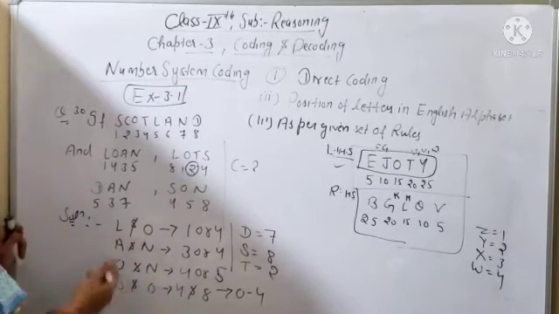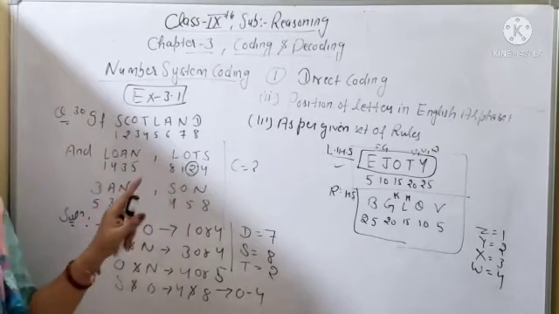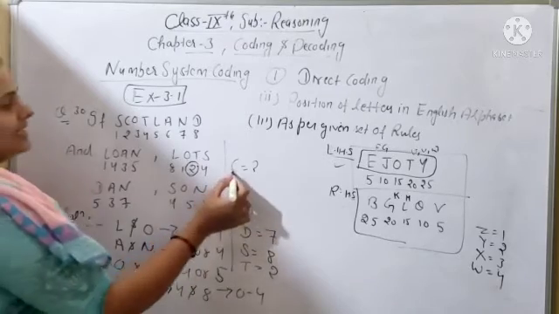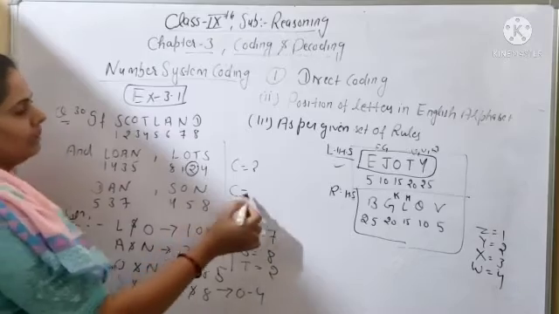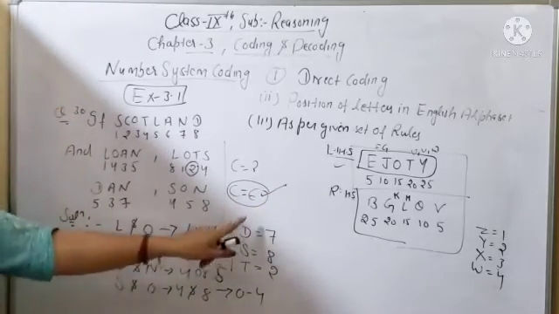It means C is not in any number. Okay, loan, lots, den and son, in these 4 words C is not there. Okay, so it means only C is left. And what will be the code of C? So here you can see all the numbers you have taken, only 6 is left, so C will be coded as 6. Clear? C will be coded as 6.